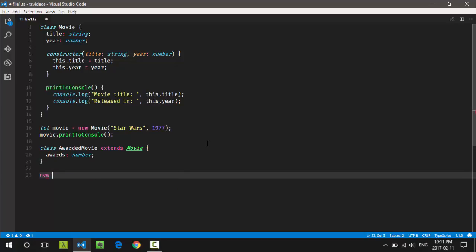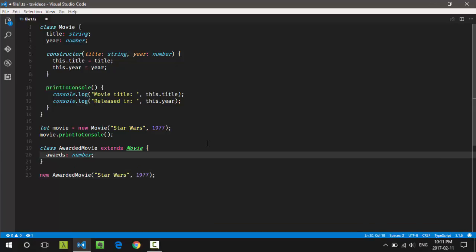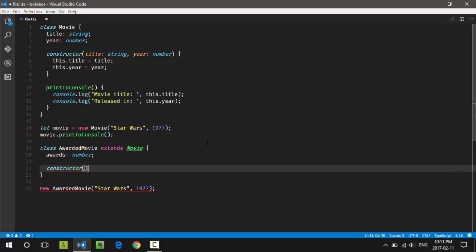Now, if I try to create an instance of this class, we see that we need to pass a title and a year to the constructor. That's because the constructor of the base class, in this case Movie, has only one constructor and it expects those arguments. What if I wanted to create a new constructor on the AwardedMovie class that expects the number of